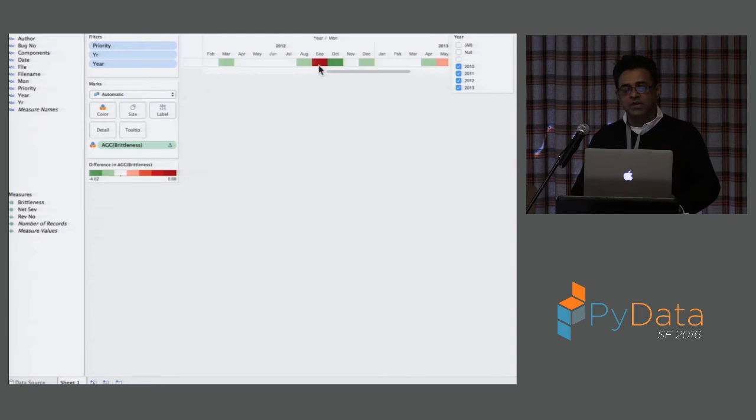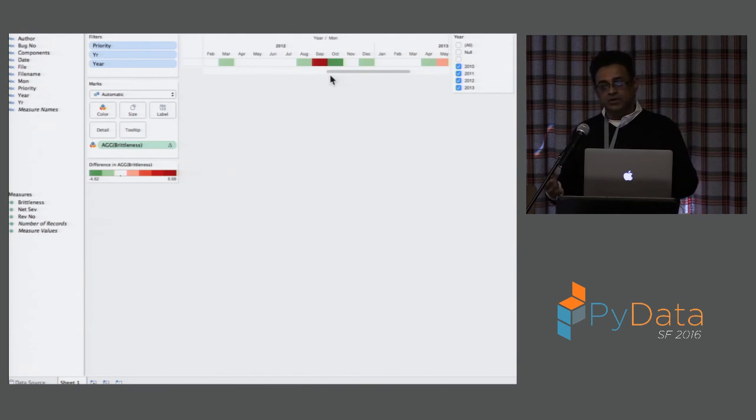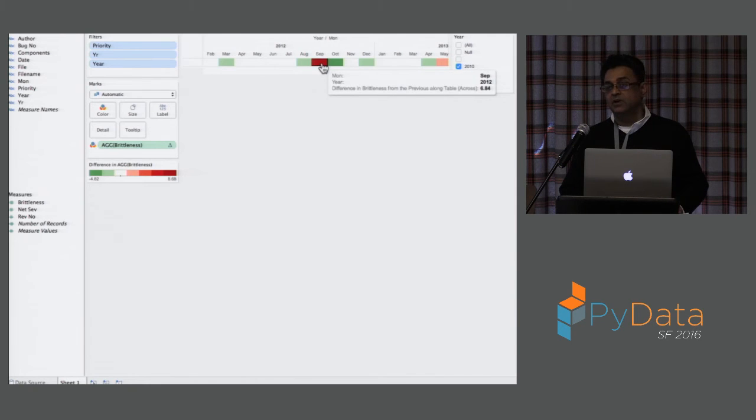And so this is actually measuring how the severity changed from one month to the next. Okay? So things got worse, and then they got better. And this pattern is something that you see in a healthy project, where you're adding features, and then you're logging bugs, and then you're fixing bugs. It's a kind of healthy heartbeat in a project. What you don't want is you're about to release, and then you have a bunch of unresolved red things.